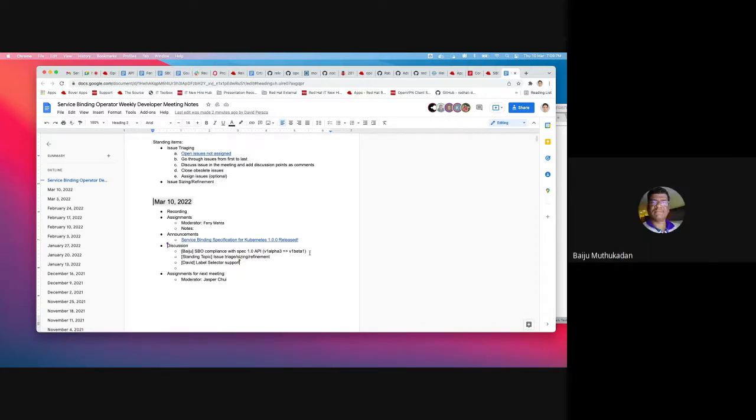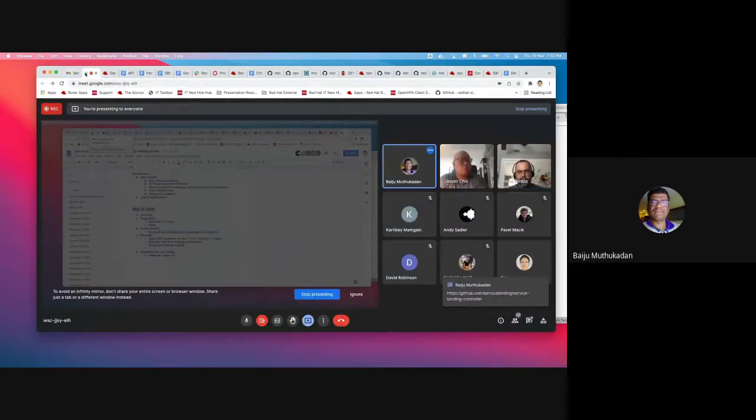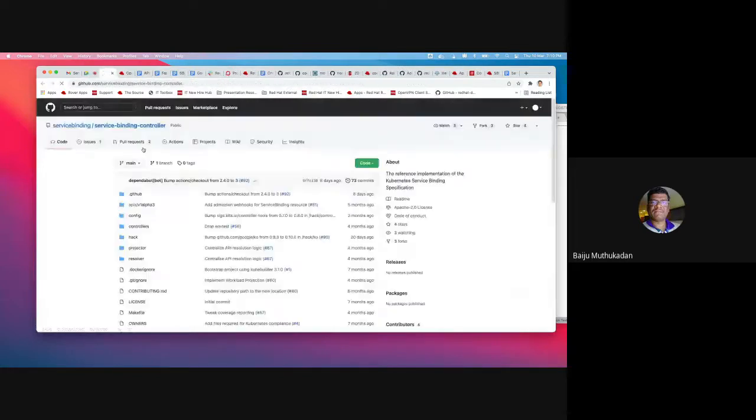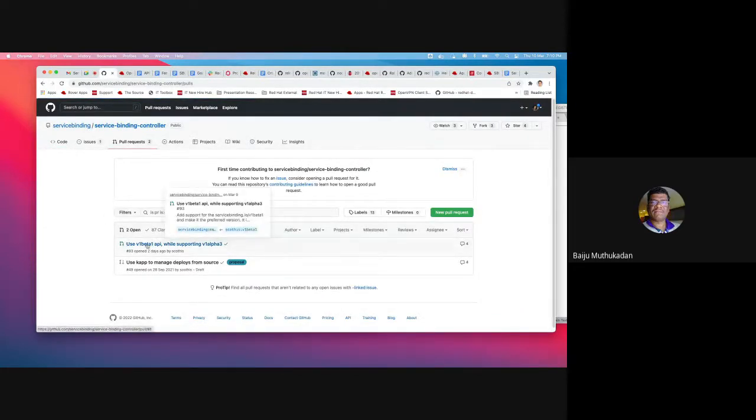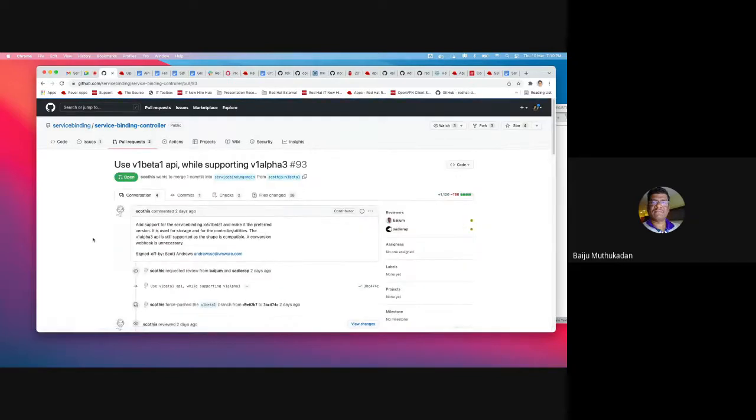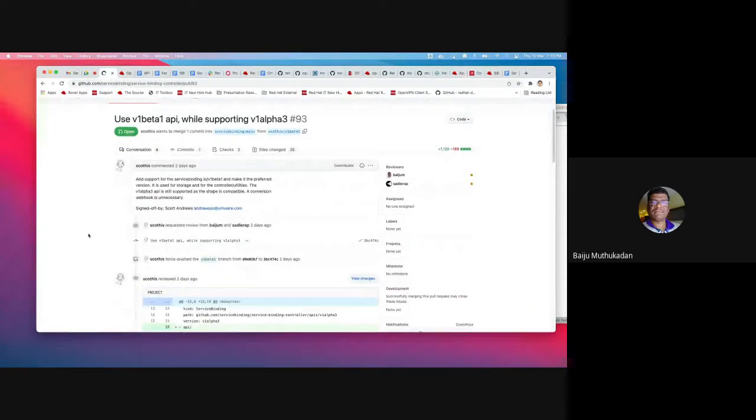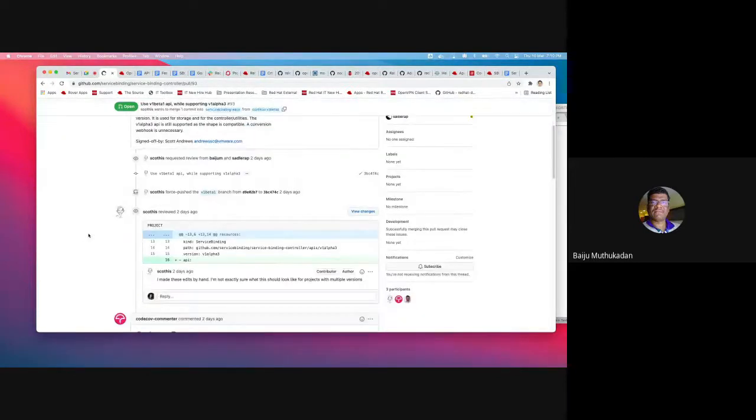Okay. There is a related comment. Maybe that should be interesting to read at this point. Finn, you're sharing screen, right? I just pasted a link. Can you navigate there? There is a PR in the chat. I think a discussion came up in the latest PR, go to pull requests. There is the same thing: use v1beta1 API. This is in the service binding controller. Scott sent this PR, and I raised the same question. Can you scroll down? There is a comment from me.